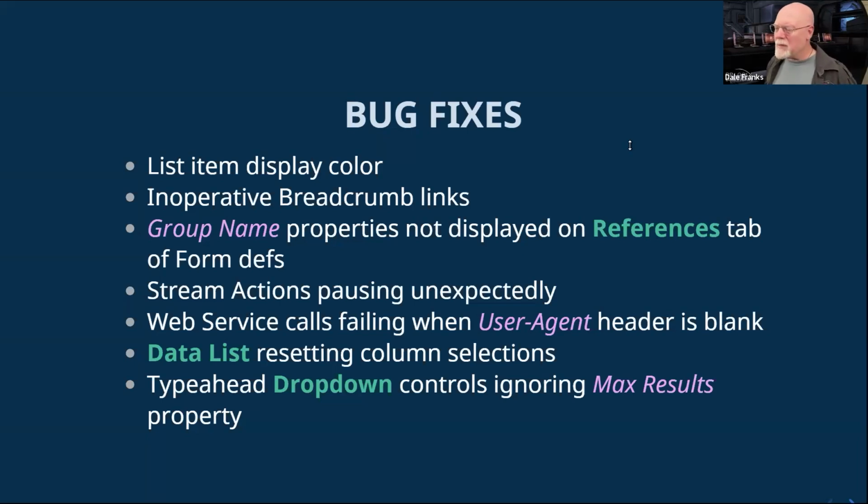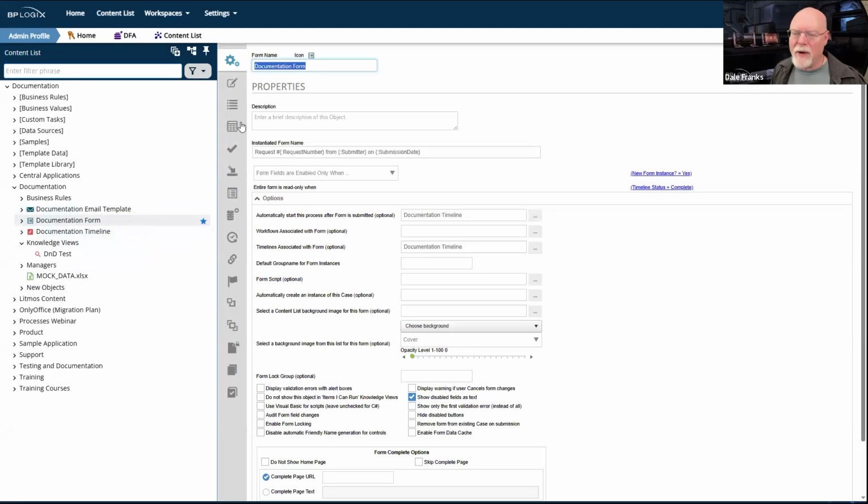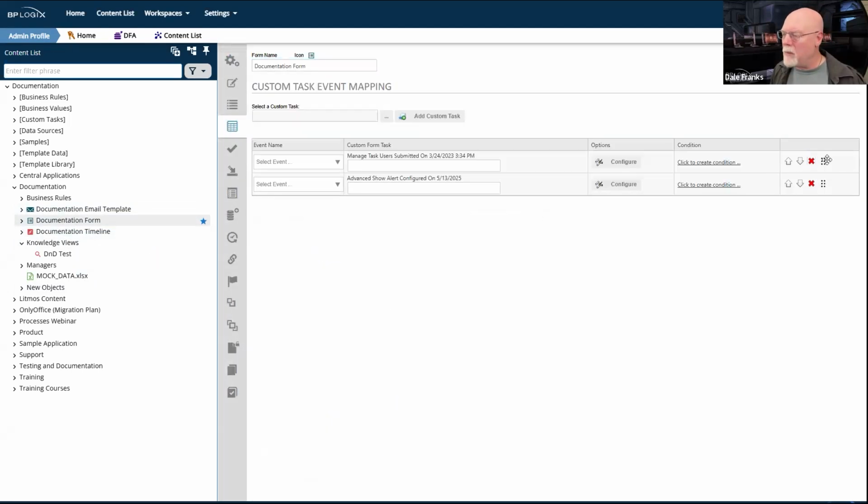I would rather see enhancements be made for us BP developers to make our productivity better. For example, drag and drop list of items to reorder. Okay, I understand that. We are, in fact, doing that in the product. There it is, right there. So, for example, in the form definition on the form controls tab, we can now reorder those controls by dragging and dropping.